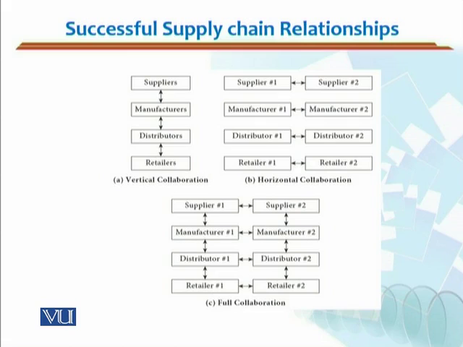If you could see, there is a relationship in A. A vertical collaboration example is being given. Supplier would have a vertical collaboration with the manufacturer, distributor and retailer. If you can identify, it is with a 2-headed arrow. That means the collaboration would not only be the flow, it would be some information sharing between and among the players as well. If you see B, here you can see the horizontal collaboration where supplier 1 has